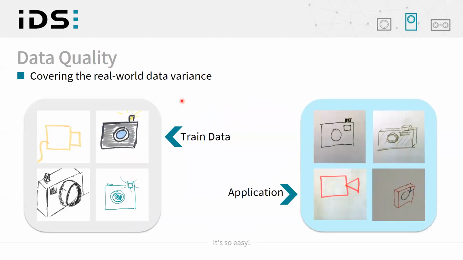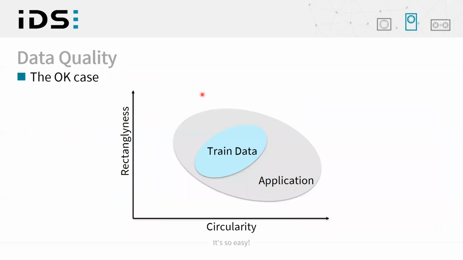One example how this could go wrong you can see here. Let's just imagine I acquired the training data by taking drawings from a tablet, for example. But in my real-world application, I'd like to have the camera classify these pictures. So they are drawn on paper. They experience shot noise, of course. They have varying lighting conditions. So there's a lot more variety in the application data than in the training data. And that probably looks something like this.